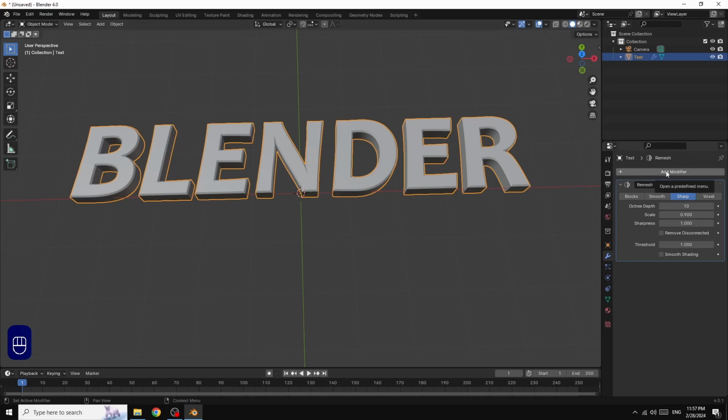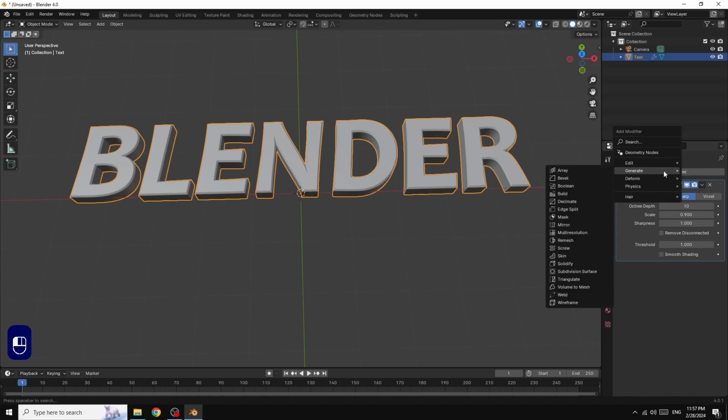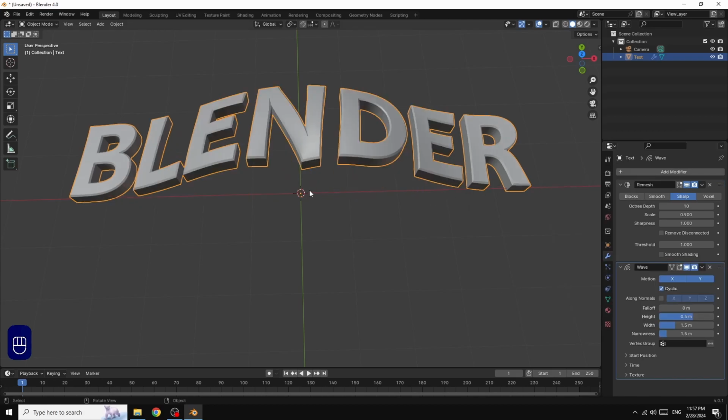Now we stay here in modifier, add modifier. In deform, we select wave. As you can see, our text is ready to wave, but we make some change, some modification.